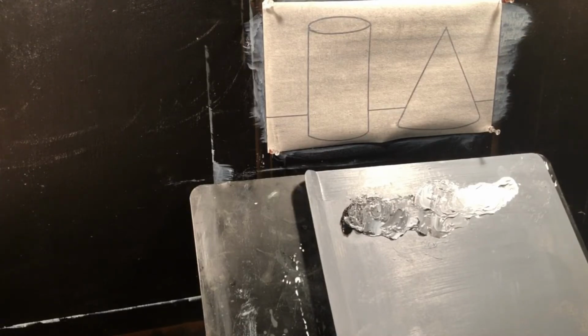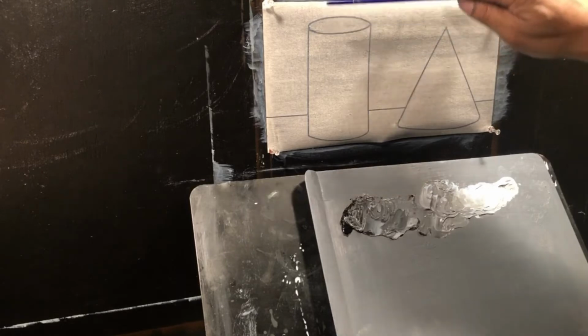Okay, what we're gonna do now is we're gonna do a graduated background. The first background was one solid tone, a dark tone. This time we're gonna go from, like the sky, we're gonna go